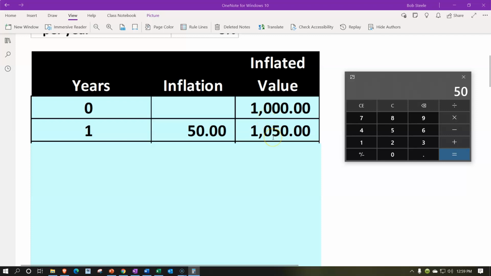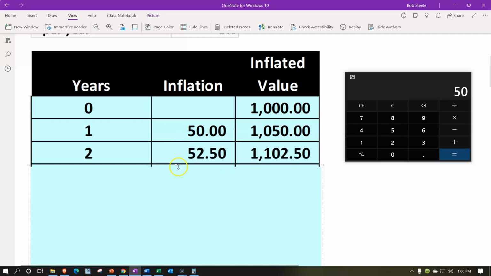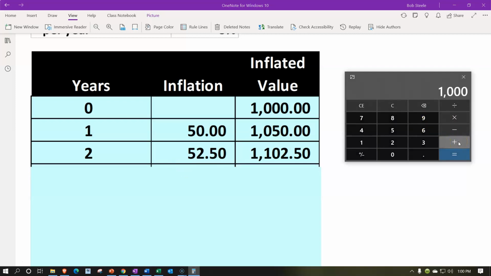So it's not like we made $50 in that case. We're saying that in this case, after 1 year, you'd need $1,050 to purchase the same basket of goods, as they might say in economic terms, as you would from year one for the $1,000. And then we would take that 50 plus the original 1,000 times the 0.05, it being compounding, we're at the 52.50. If we take that plus the 1,050, we're at the